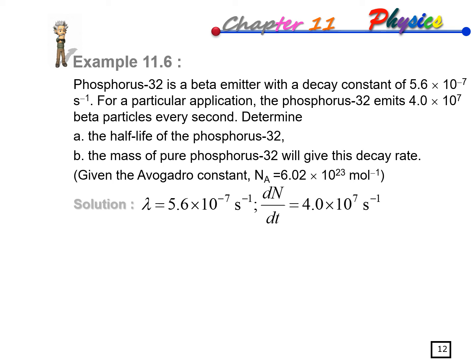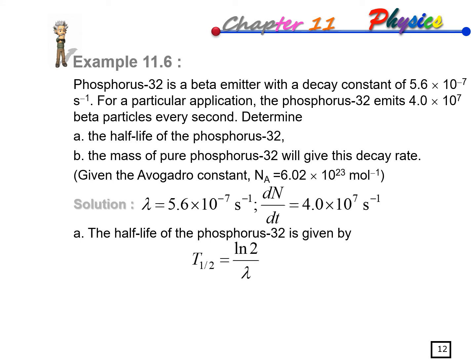The phosphorus emits beta particles, so this is the amount of decay per second, which is given. From the decay constant we can determine the half-life, which ends up as 1.24 times 10 to the power of 6 seconds. And then for the mass,